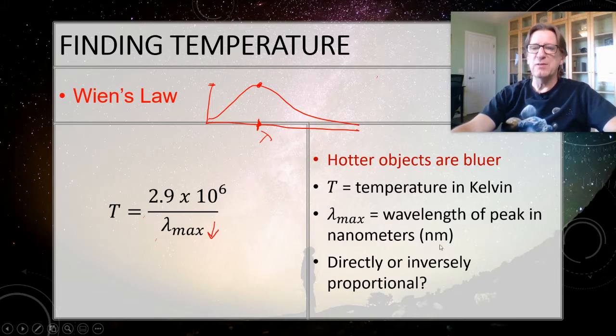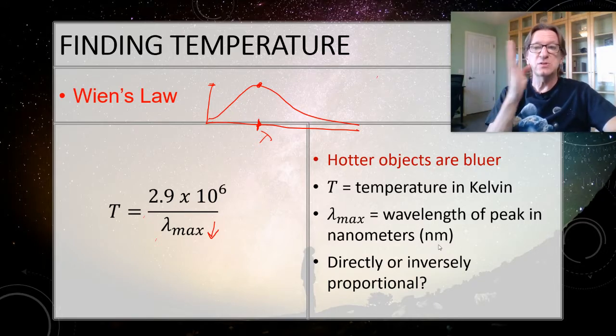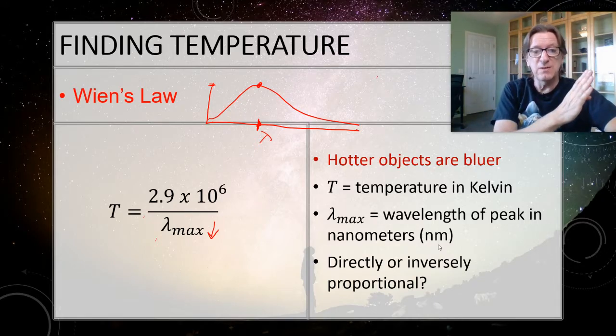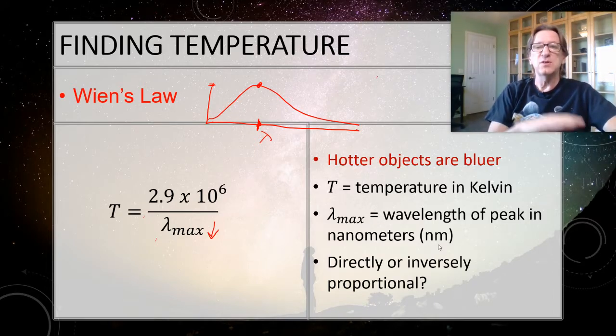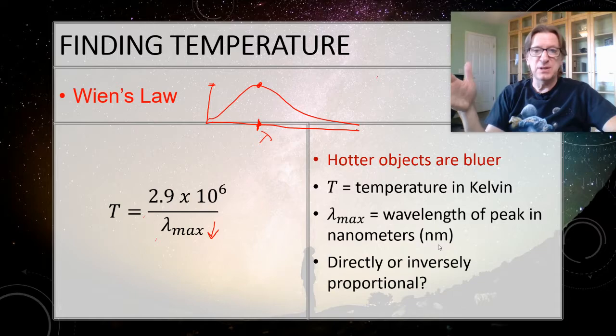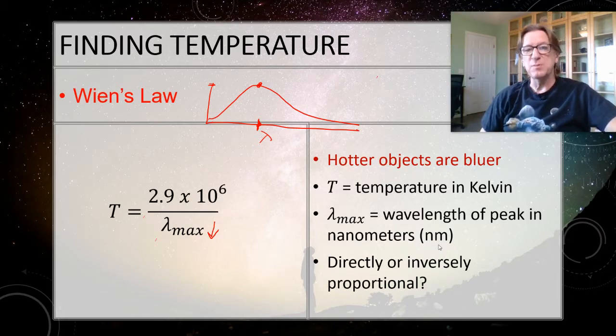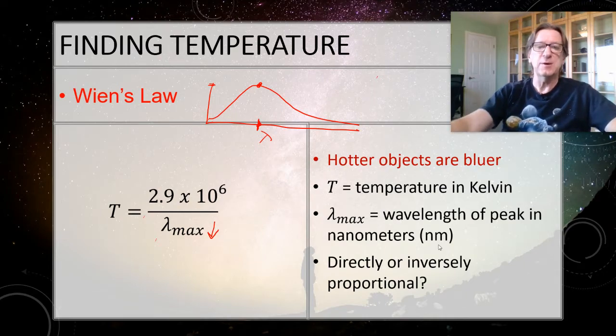So remember, everything's going to be in nanometers, and I asked you in the last one to memorize the range for the visible. The longest wavelength, the red, is going to be about 750 or so. The shortest wavelength, the blue, is going to be about 400 nanometers or so. Anything shorter than that is probably going to be ultraviolet or X-ray. Anything longer than that is going to be infrared, microwave, maybe even radio. Okay? So if I know the peak wavelength, I've got the temperature. This is the tool that you're going to be using for this section.